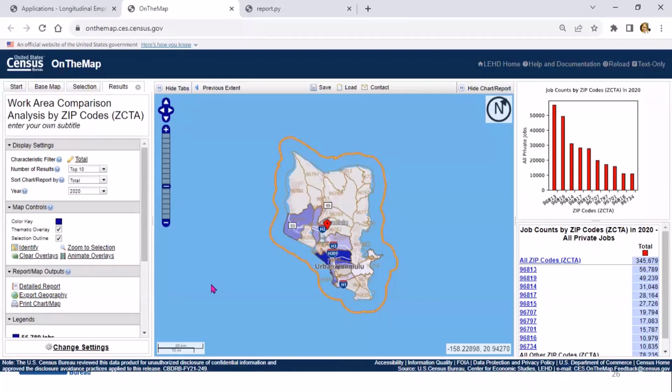Zillow has used our data before, and they actually looked at the different industries. If you look at food and accommodations, that's not a job that you can normally work from home.